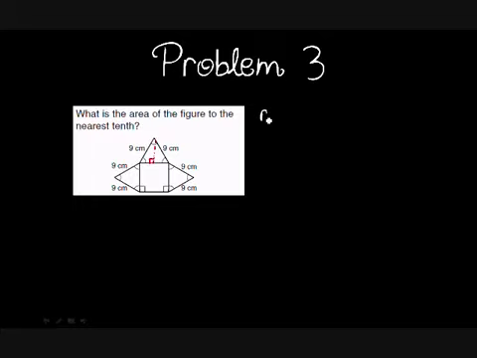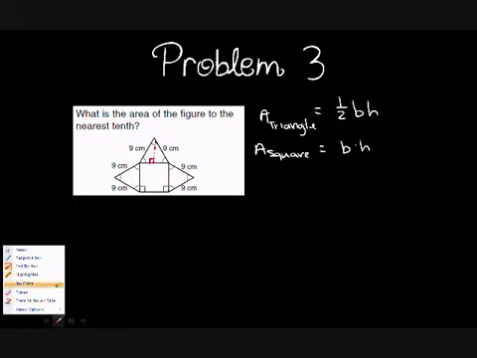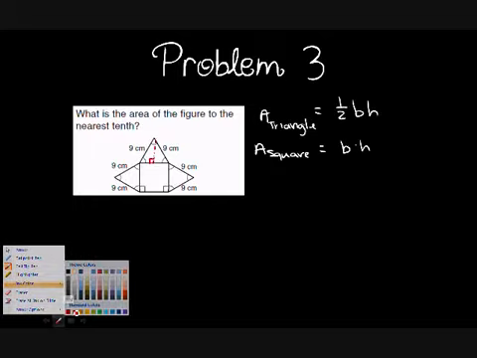So we have the triangle area, which is going to be 1/2 base times height, and so I'm saying we need the height in order to use that formula. And the area of the square is going to be base times height, which we can get. That's no problem. So if we're looking at our triangles, and remember I said that we need the height,